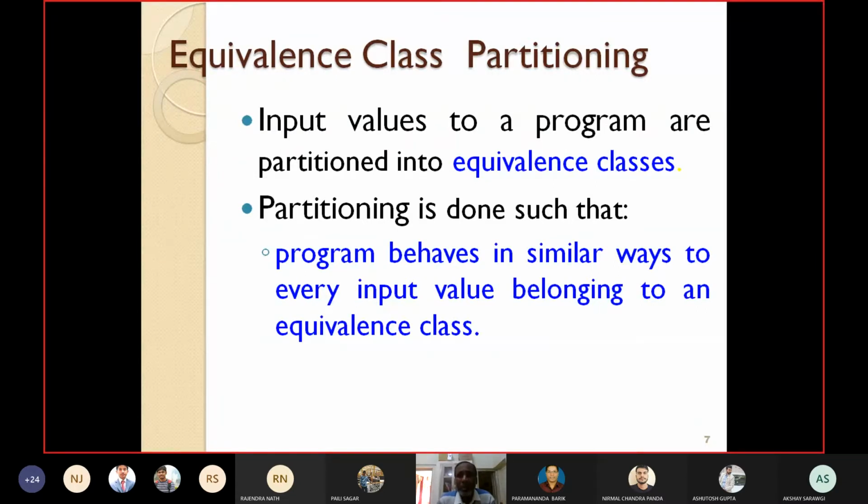So if the program is behaving in the same way for 3, and in the same way for 6, why shall I take all those 0, 3, 6, 9, 12, etc.? I take any one of them. That is one input, I will take the first equivalence class. Similarly, the program is behaving in a similar way for 1, 4, 7, 10, etc. So why shall I take all the possible cases? Only one I can take out of that. And similarly, from the last equivalence class, instead of taking all the possible values 2, 5, 8, 11, 14, etc.,